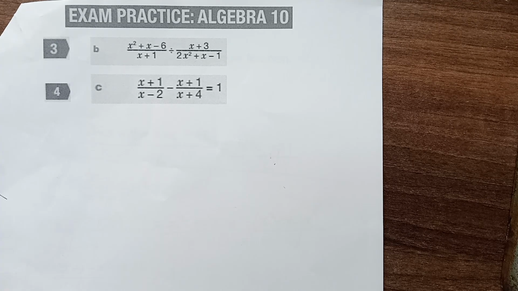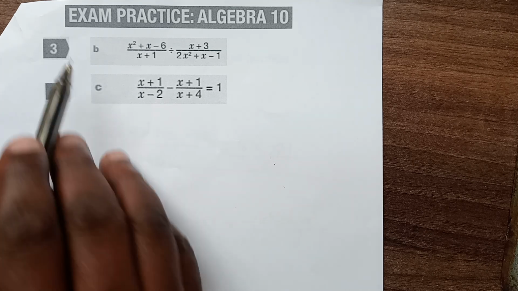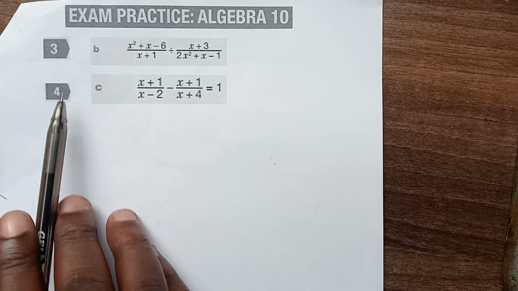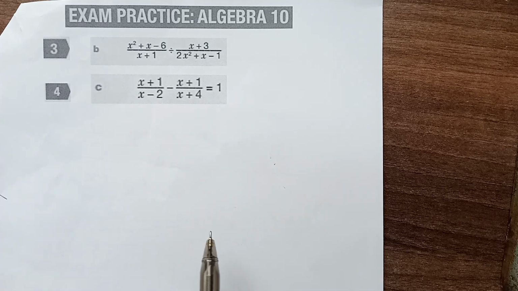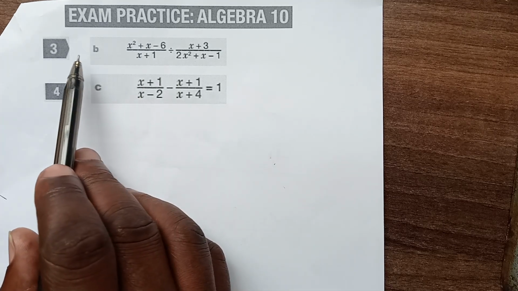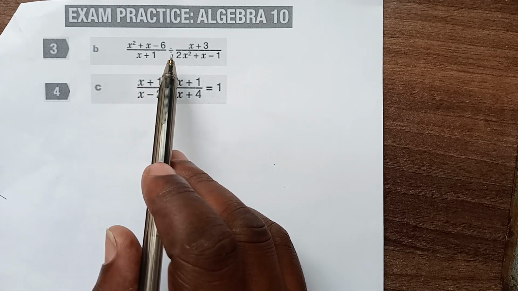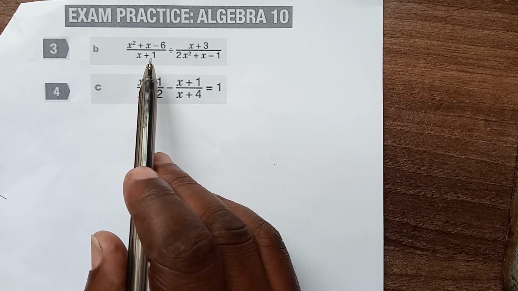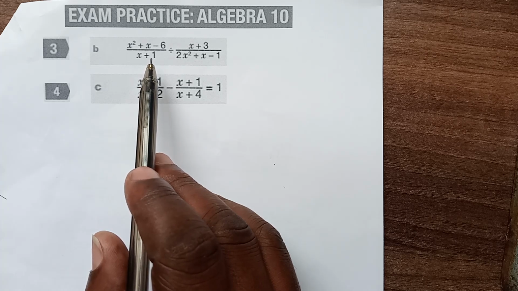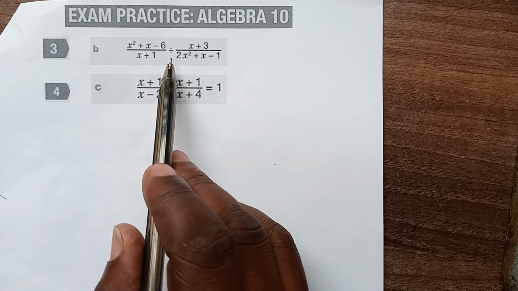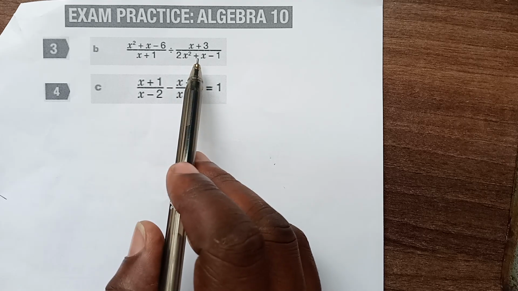And in this video, I want us to conclude Algebra 10 with two questions from exam practice: question number 3, part B, and question number 4, part C. If we start with question number 3, part B, we have x squared plus x minus 6 all over x plus 1 divided by